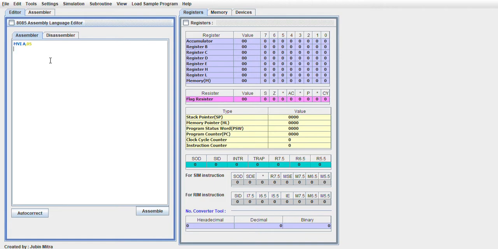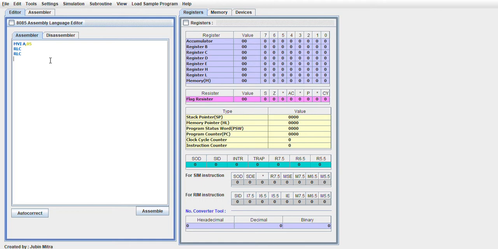Because we know that the rotate operation can be performed on the accumulator contents only, that's why we moved the first number initially into the accumulator. Now we perform the rotate operation, RLC, 1 time. It will multiply the accumulator contents by 2, but we want to multiply the base number 05 by 4. So we perform another rotate left, RLC again. It will rotate the contents again by 1 bit position, and the result will be stored in the accumulator.